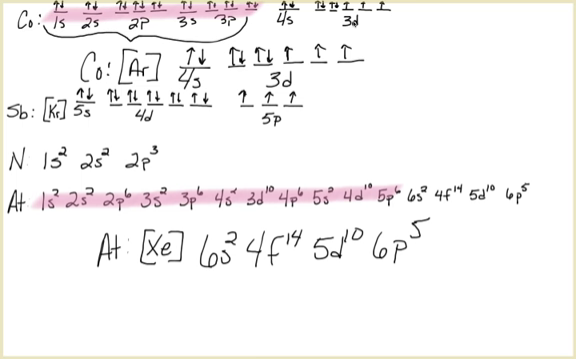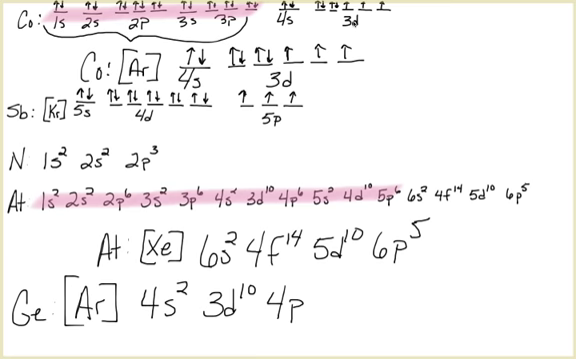Let's do one more and show it with the shortcut. Let's do a little bit of a shorter one this time. Let's do germanium, so Ge. The previous noble gas for germanium is going to be argon, put in brackets, and we pick up where it leaves off, and that's going to be 4s2, 3d10, 4p, and germanium is 2 in the p block,